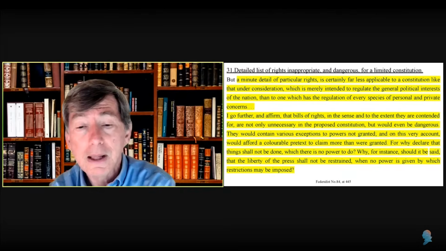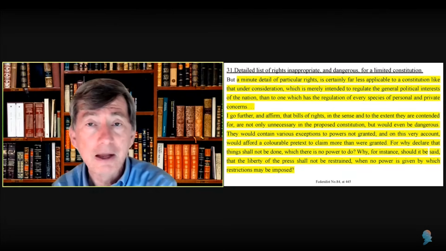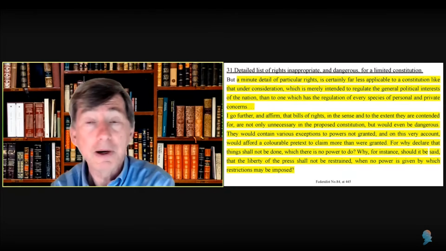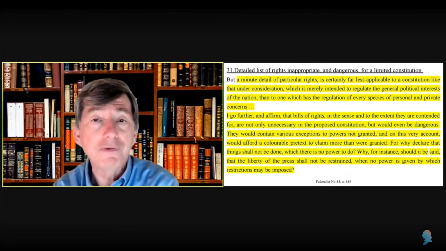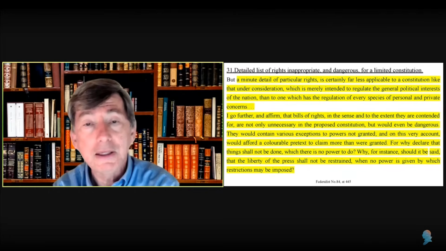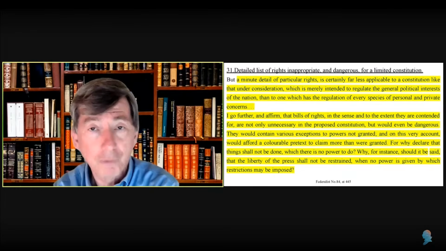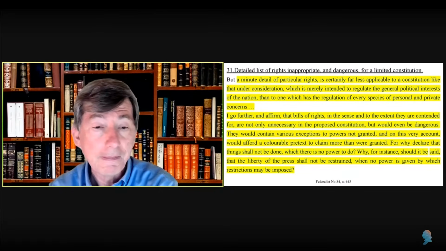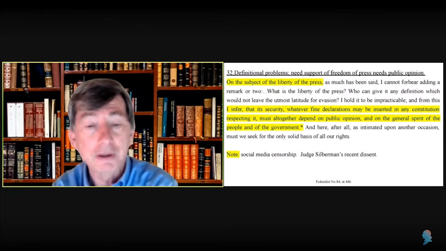Further up, which I didn't read, about the minute part, where do you stop? How many rights do you list? As Justice Scalia used to say, we have a very poor Bill of Rights compared to those of the Soviet Union and Iran. They're much more full. The Bill of Rights, as Justice Scalia often said, is merely the icing on the cake. Without separation of powers and federalism, it wouldn't be enforced, just as bills of rights in many other countries are not enforced. There are definitional problems,